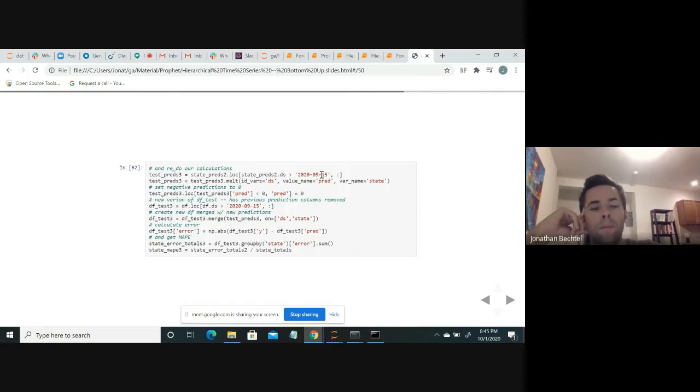Okay, so we're just changing some variable names, but the idea is getting our set of predictions where, after September 15th, reshaping the data set using melt, merging it back into the original test set right over here, and then, sorry, excuse me, we're melting it right over here, clipping the negative values to 0, which would have to be more accurate, even if it's maybe not that important in the big scheme of things. And then same thing, just for convenience, creating the new version of the test set, just so when we remerge, we don't have to worry about dropping any additional columns. Combining everything, so that way the big idea behind the merge